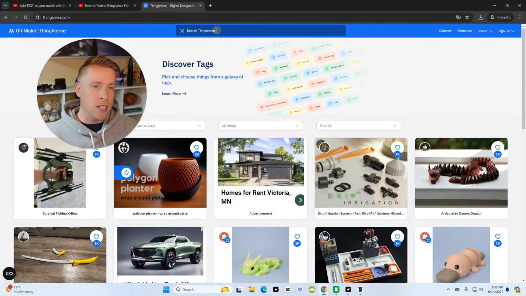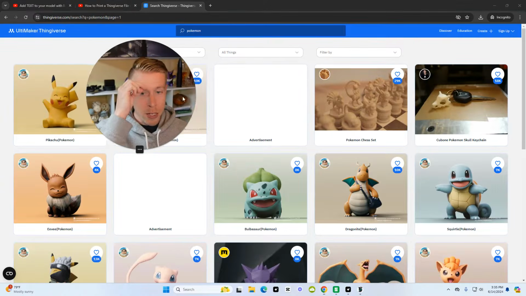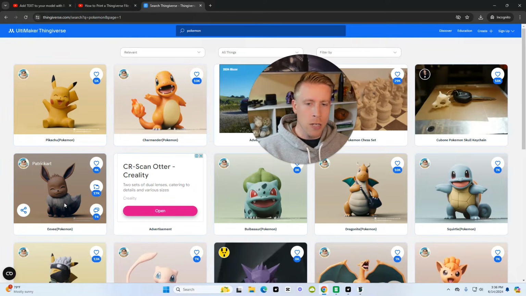So step number one is to find the thing you want to print. I'm going to print a Pokemon just because I love Pokemon. So let's do Eevee here. So all I'm going to do is just click on the file here, and that opens up